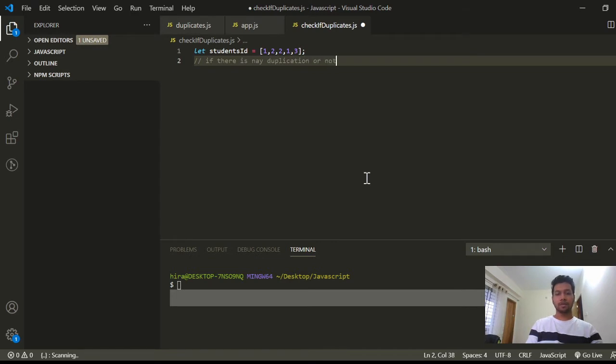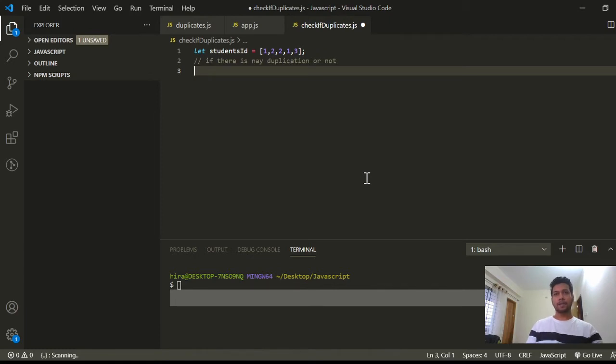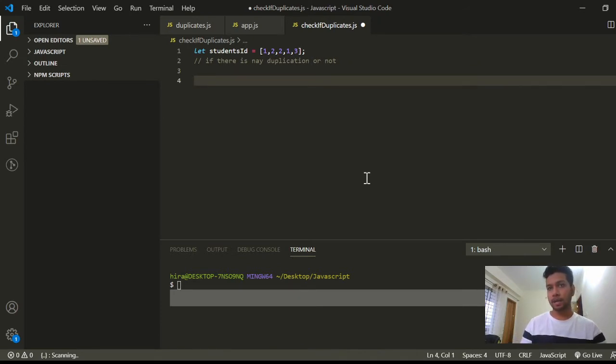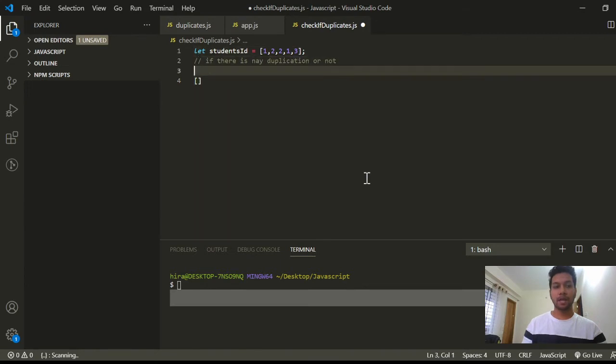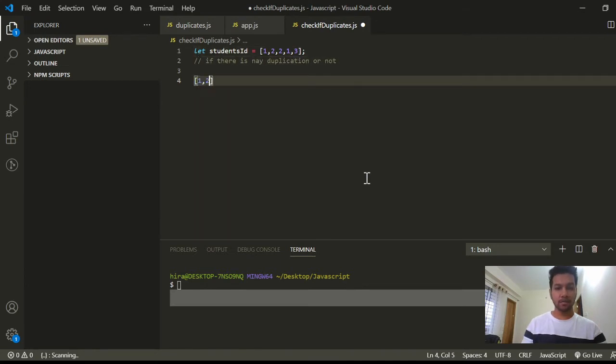or not. So if this is a problem set, and you need to say if your array contains any duplication or not, my approach is to solve it theoretically first. Let's say we find the unique array first. This is our given array, and if we make this array unique, then it will be like this. Now, on the second step, I will check the length of this unique array with the actual one.